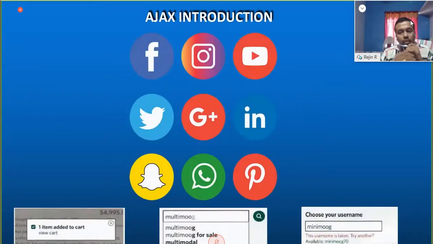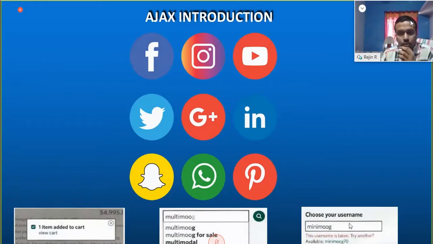You have seen this in most social networking sites: when you type your username, an auto suggestion is prompted which displays your details. When you add items into the cart, adding items works dynamically without reloading the entire page. You can add more items to the cart. When you type, a suggestion box is prompted. That is also a prominent example of Ajax.